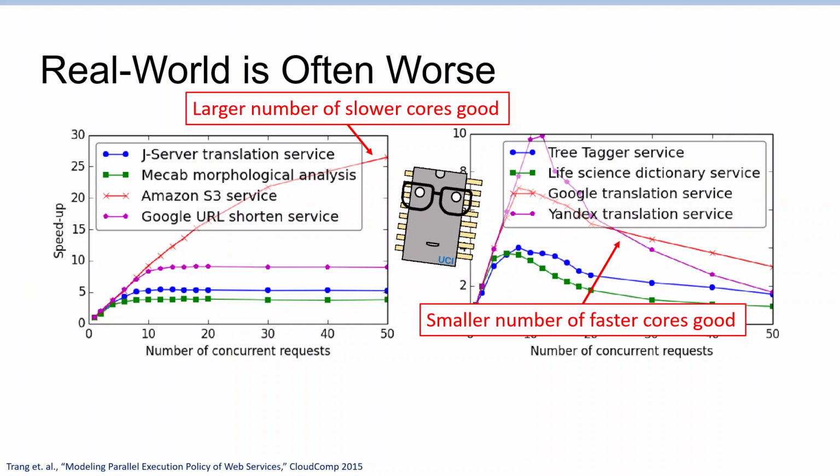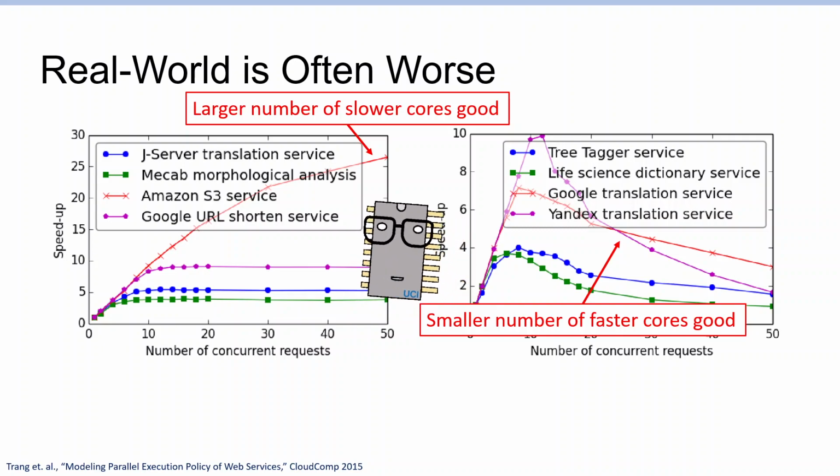And some real-world applications do have fairly good scaling. For example, this application on the Amazon S3 service, which I suppose is very near embarrassingly parallel. As we add more processors, the performance did improve significantly. But for the majority of programs which this paper